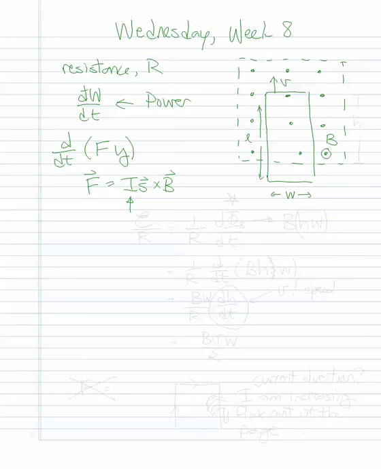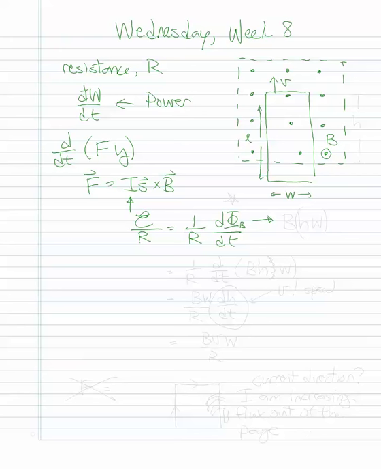And so the current that's induced is the EMF divided by R, so V equals IR, which is 1 over R times dΦ/dt. Okay, so that means that the